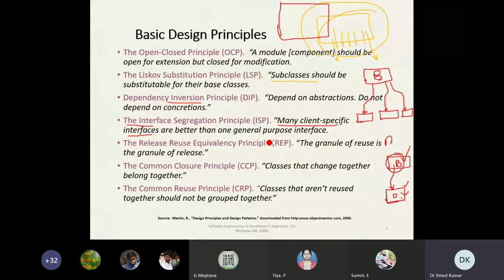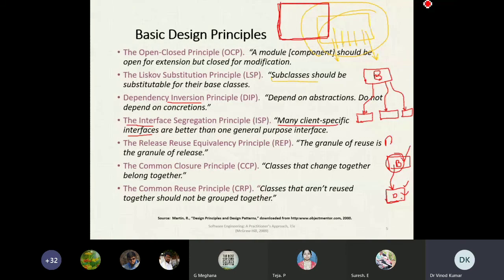Many client-specific interfaces are better than one general one. Like in college, you have different interfaces to enter your classes. Suppose we have different entry gates.